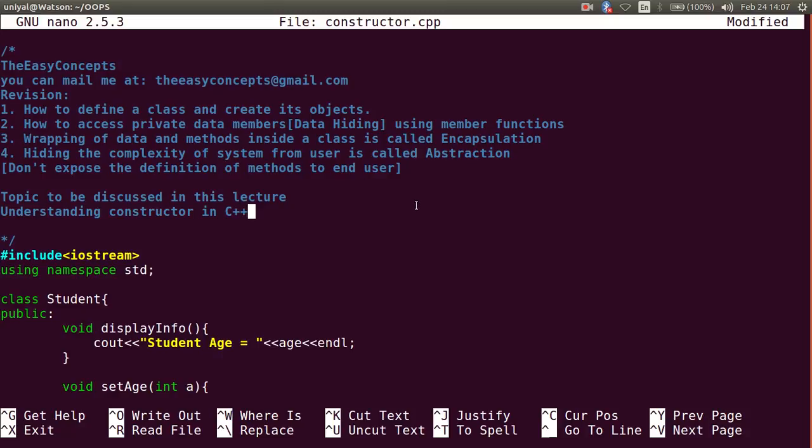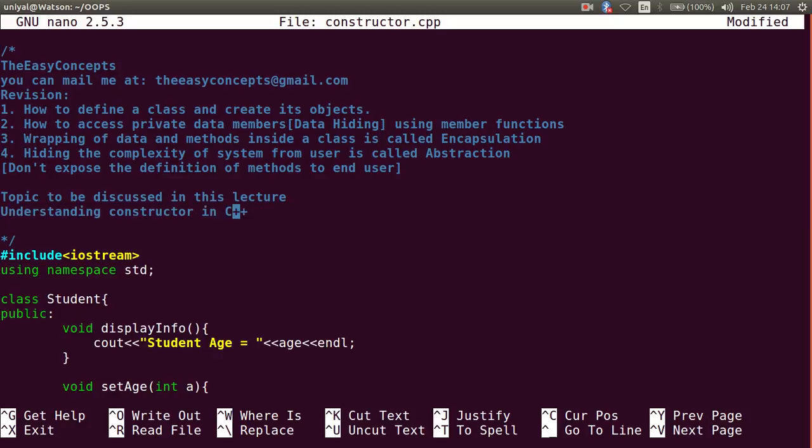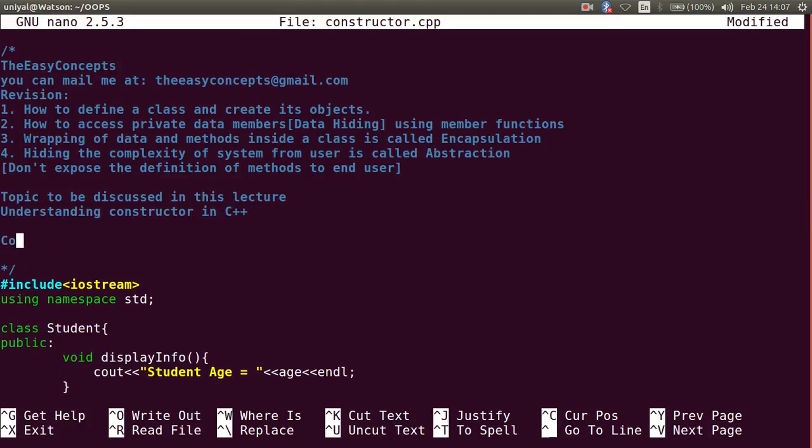So the next topic we are going to discuss in this tutorial or lecture is understanding constructors in C++. So what is a constructor? It is used to initialize data members of an object.